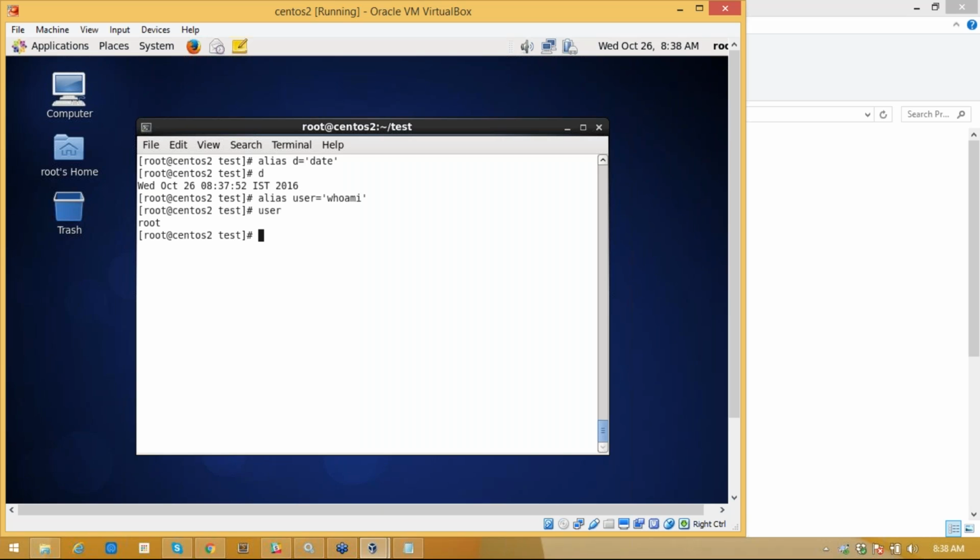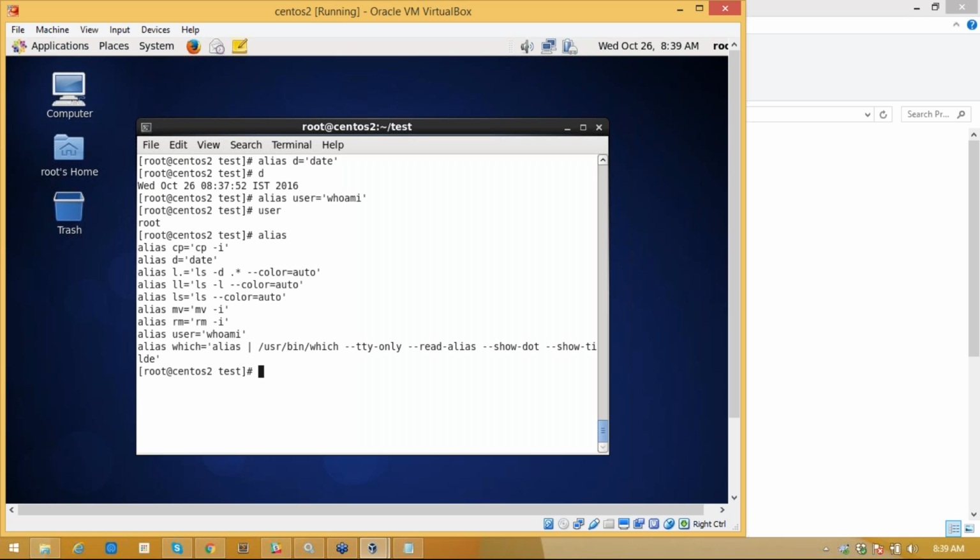Sometimes, suppose you want to copy something with cp. Whenever you say cp, they might have set some other command for it, and it is not working properly. Then you can check what aliases are on your machine by running alias.